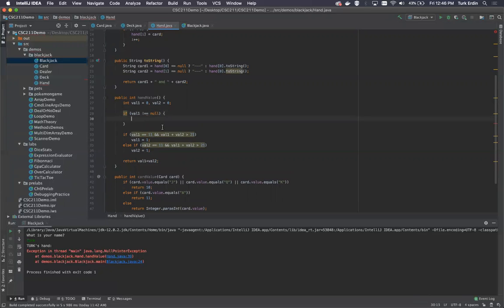Oh, it is right. Never mind. Oh, sorry. Hand 0 is not equal to null. Perfect. If hand 1 is not equal to null, then we're going to say, oh, right, that was JavaScript. Hand 1 is not equal to null. We're going to say if